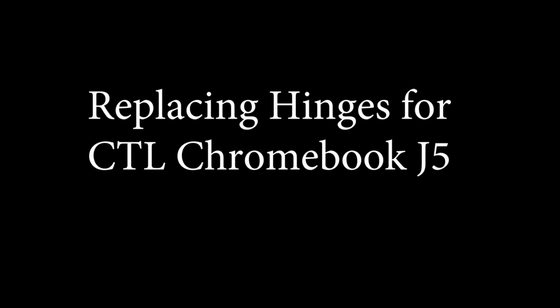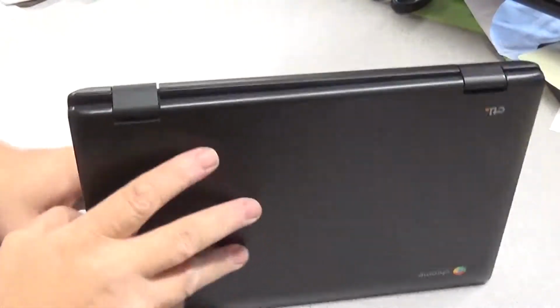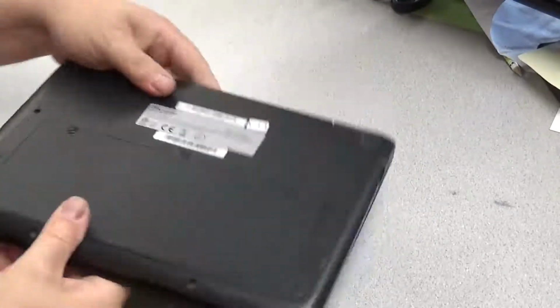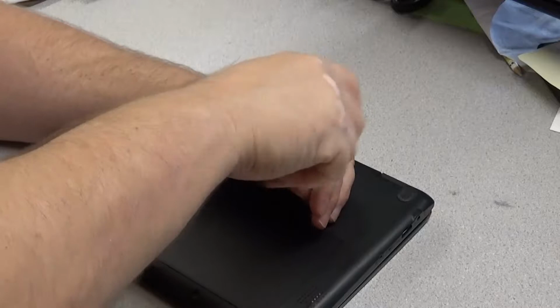Today we'll be working on a replacement of hinges for a Chromebook J5 from CTL. I didn't see anything on YouTube, and so I am going to make this video. As you can see, the hinge there is not quite right like the other ones. It doesn't actually close the lid anymore. It pounces open. So the first thing we need to do is remove the battery, which is done by 2